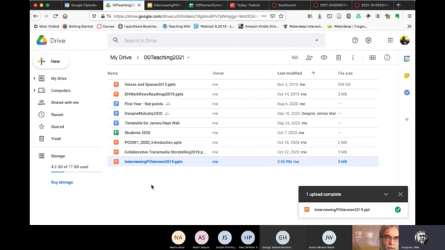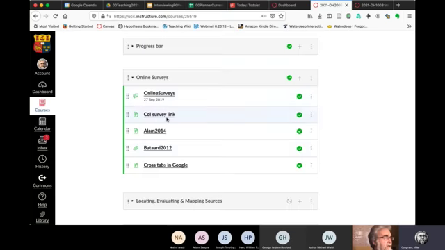Here we go. Right. What I wanted to do, and what I want to ask people to do, and I need to put together a little video on this and make it specific, but what I want people to do this week, interrupt me if you get lost here, but it's not that complicated, is use Google Forms to design an online survey. Now, in the section on online surveys, don't worry about last year's date, I'll change that. As you can see, our dates are very different this year to what last year's were.